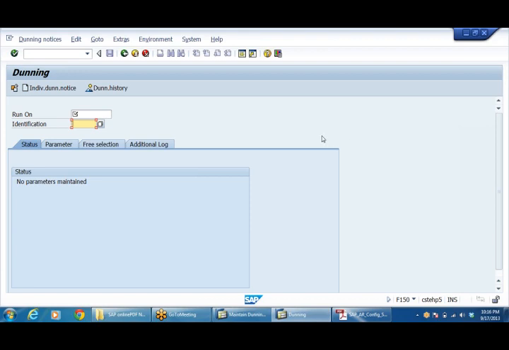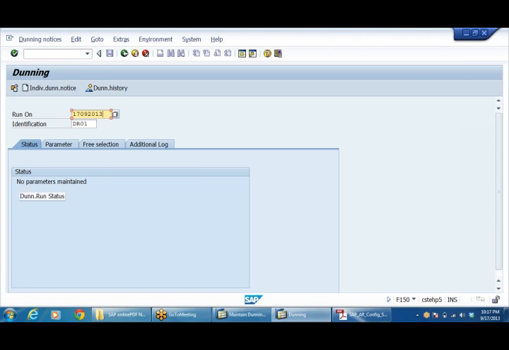Each time when we run, I give a number, say for example DR01, first run DR01, 02, 03 up to 99, or any number I can give. When I am executing this, today's date is 17/09/2013.